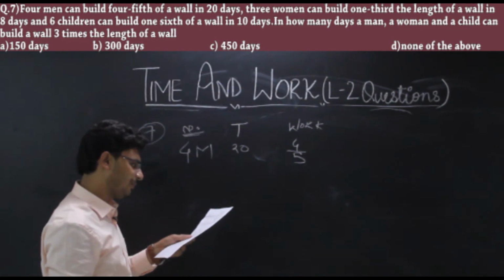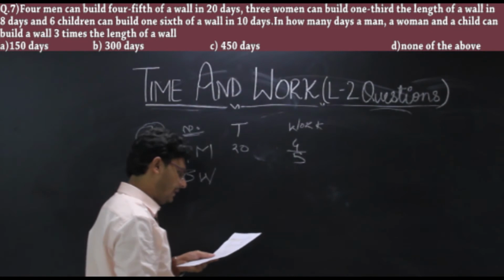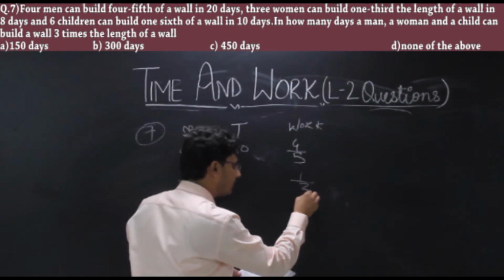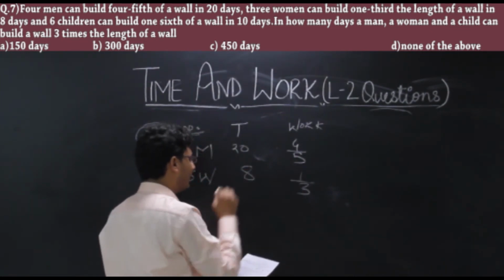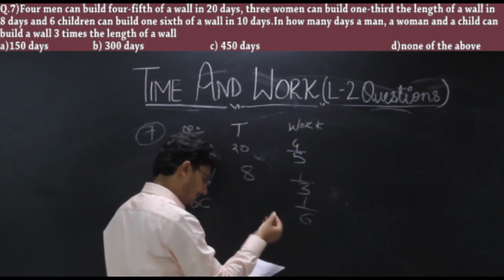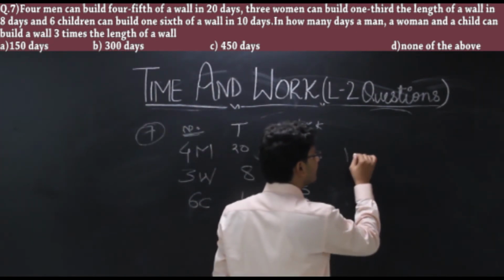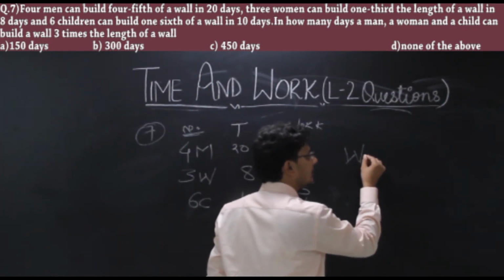Then it says 3 women can build 1/3 length of the wall in 8 days, and 6 children can build 1/6 length of the wall in 10 days. Before solving the question, there is a simple relation which holds for these 3, that is work done